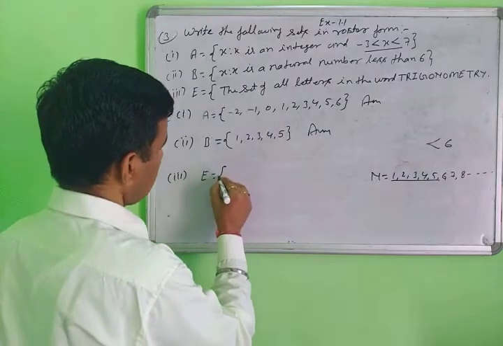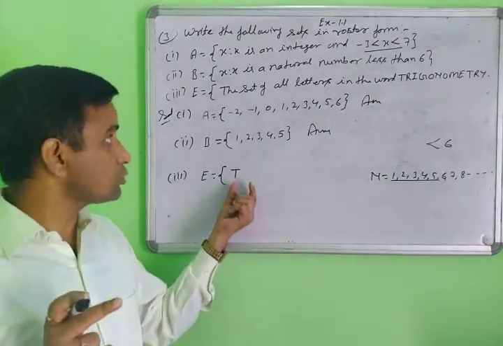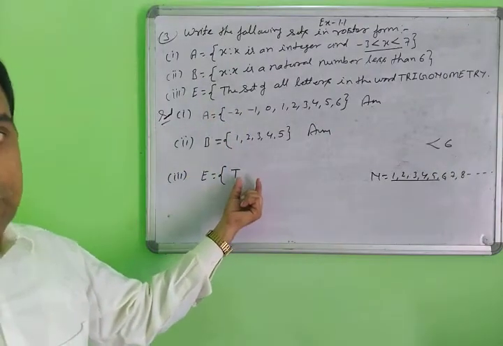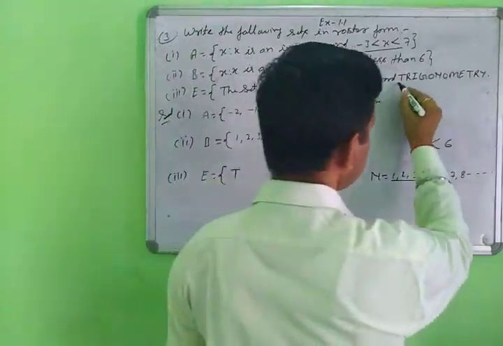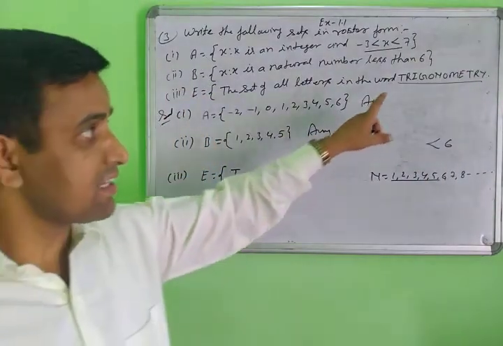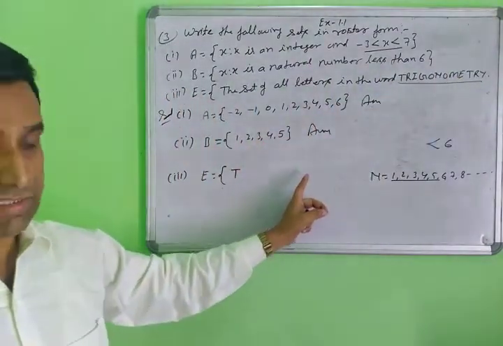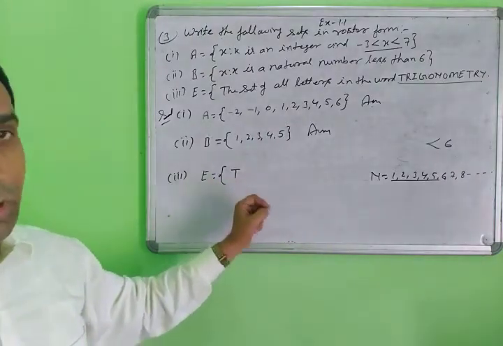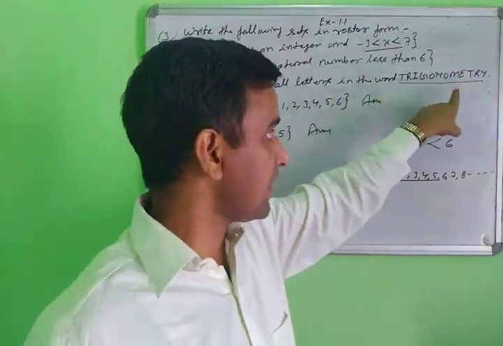According to the rules of the set, elements are always written in small letters. But here the word is already written in capital letters, so you write capital letters here. Otherwise, if you simply write trigonometry, then you write small letters, because elements of every set are in small letters. But in this special case, the letters are already capital, so you write capital letters.